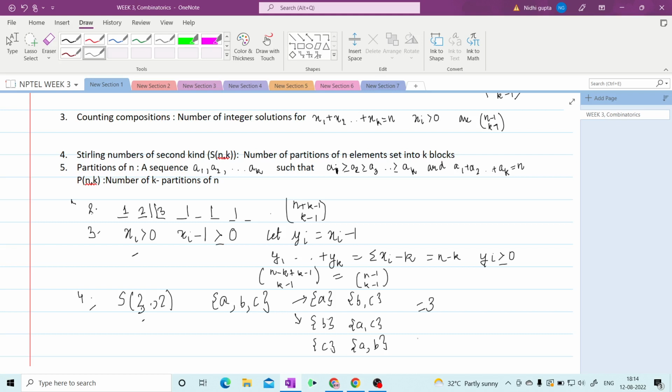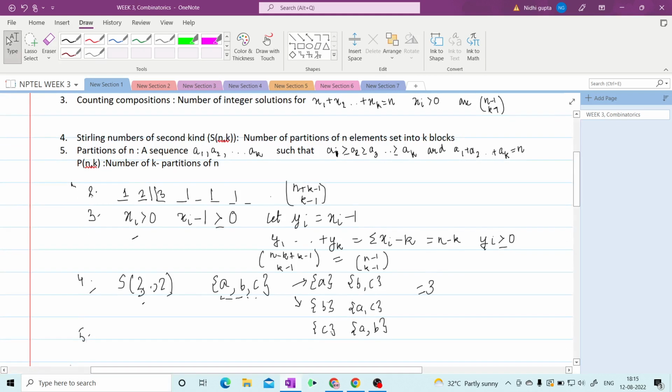But when we are counting Stirling numbers, these objects are distinct. Therefore, it matters which object we put into which block. And now the fifth topic was partitions. So a partition is like a weak composition, but we have an